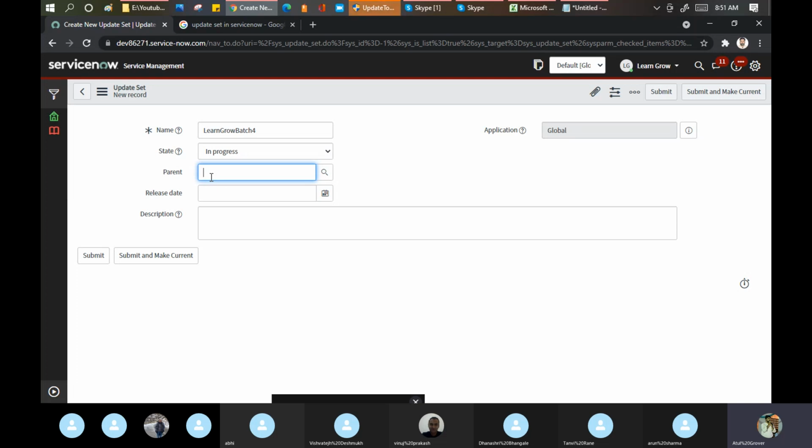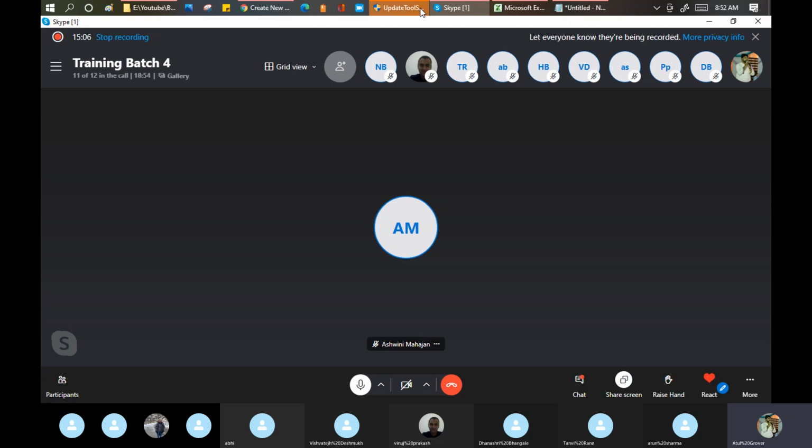Let's say, for example, why the parent is required. In my team, Vinuj, Tanvi, Nikhil and Vishwajit are working. I give them a requirement: create a login page. To Nikhil, I give the user interface. To Vinuj, I say create the background logic.